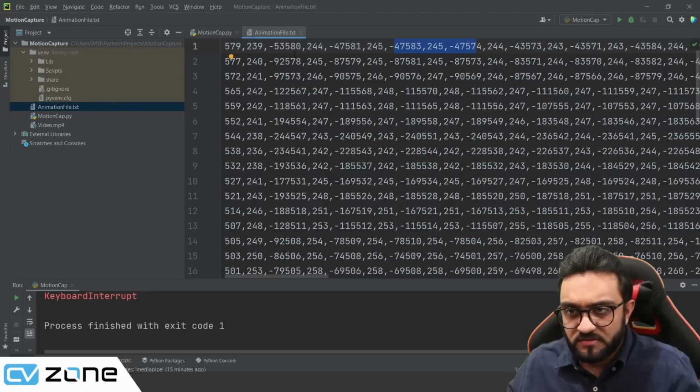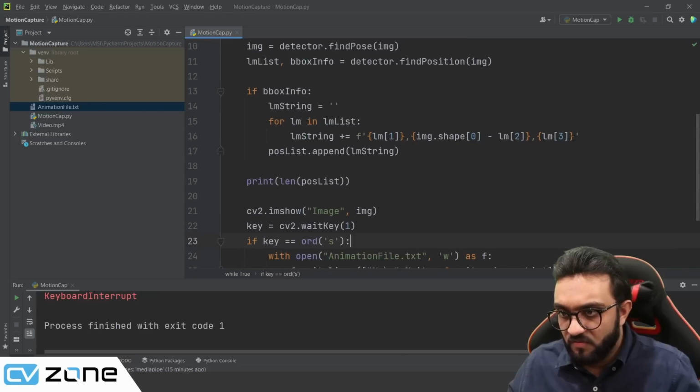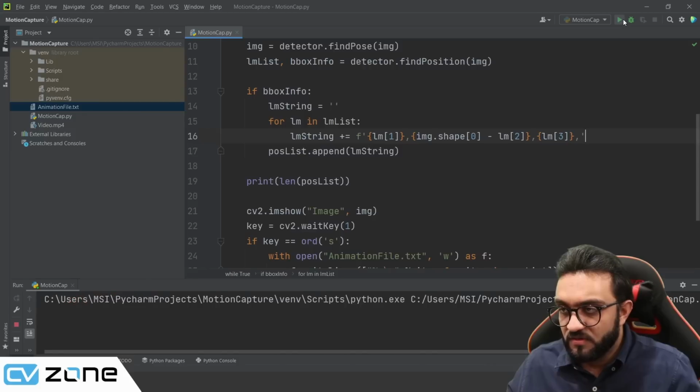Is this correct? It doesn't seem correct. There is a comma problem. So we didn't add a comma. So there needs to be another one over here. So at the end over here, we need to add a comma. So if we run that again,